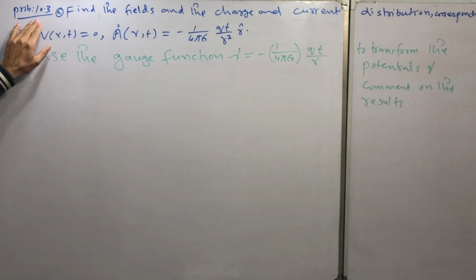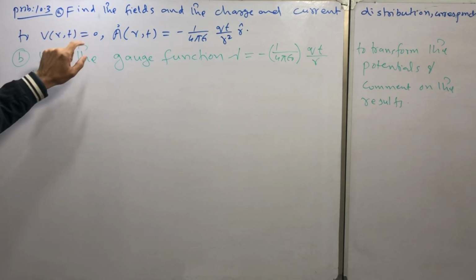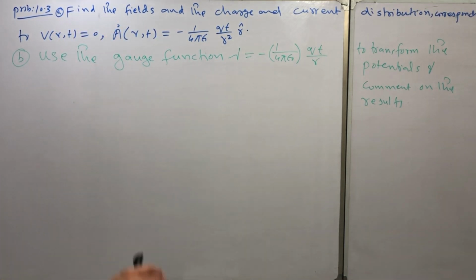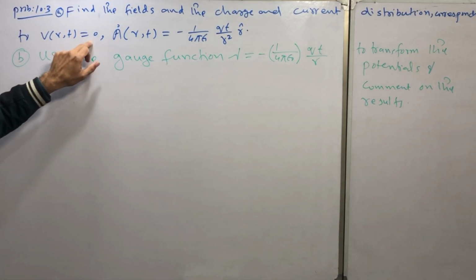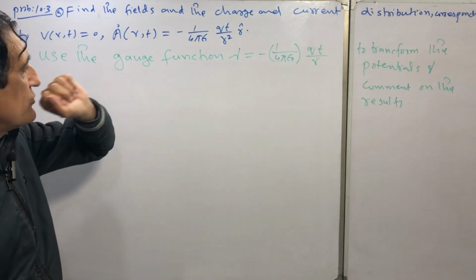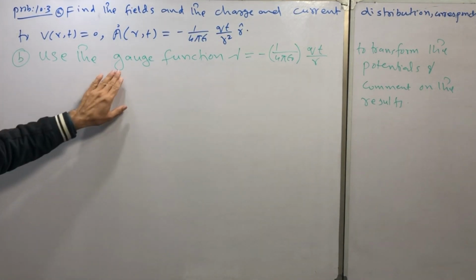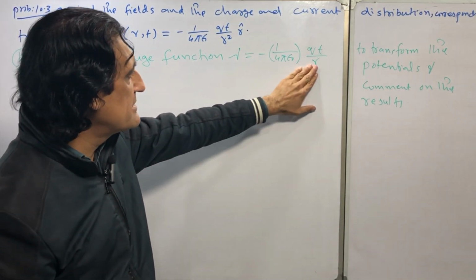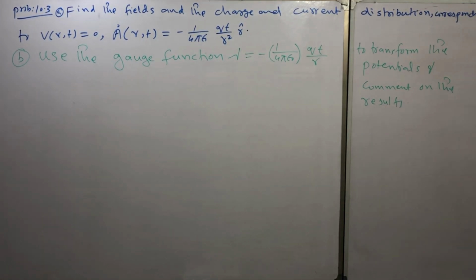This is problem number 10.3. According to this problem, find the fields, electric field and magnetic field, and the charge and current distribution corresponding to V of r, t equal to 0 and A equal to this. Then use the gauge transformation, with gauge function lambda equal to this, to transform the potentials and comment on the result. So first of all, we